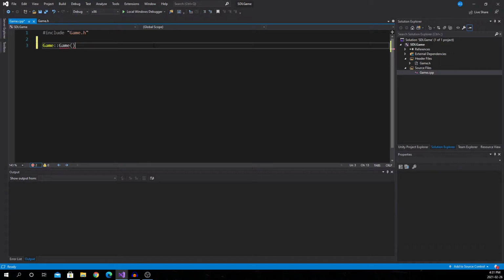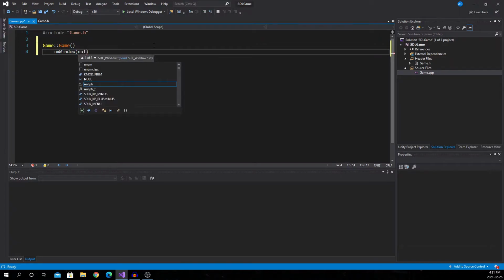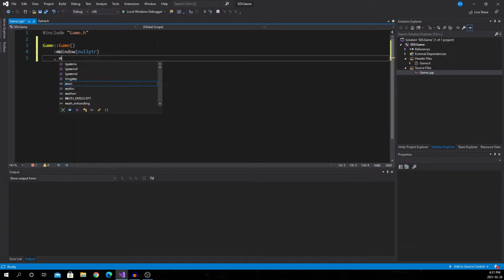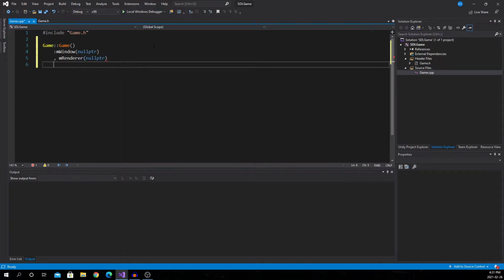We just want to initialize values, so we could just go colon, window parentheses, and I'm going to type in nullptr because we want it to be a null pointer, and then we want to set renderer to null pointer as well, and we want to set ticks count to 0, and we want to set is running to true,